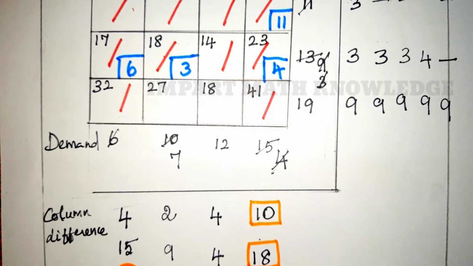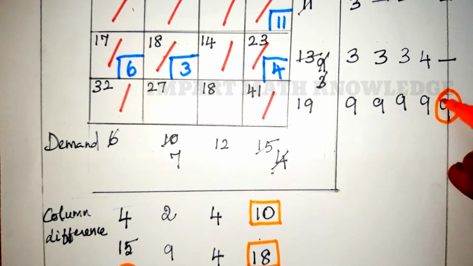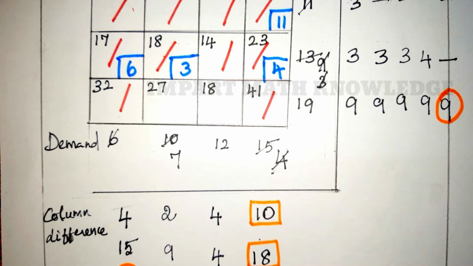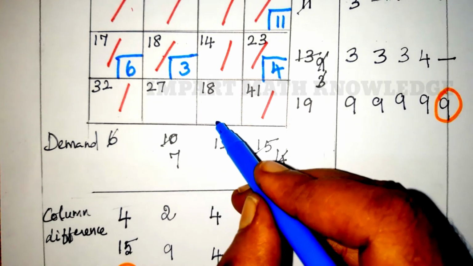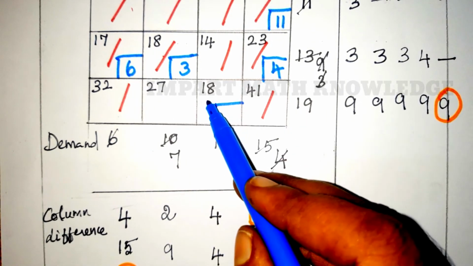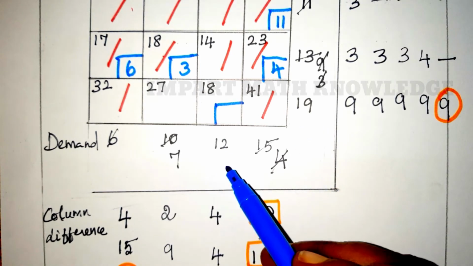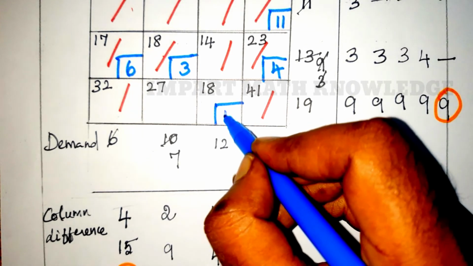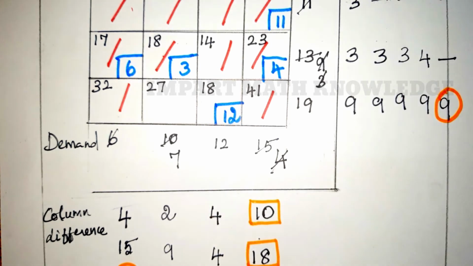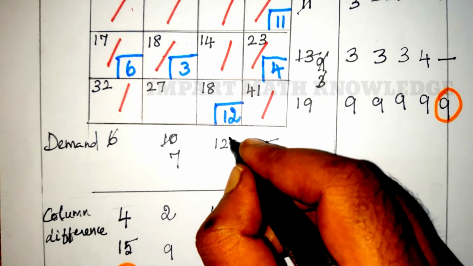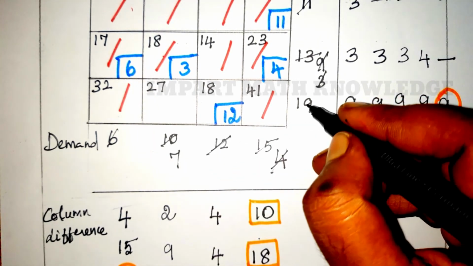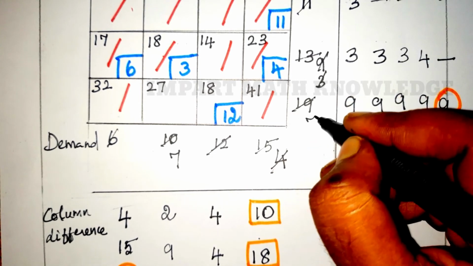So, the only option is this. In the third row, you are going to allocate your value. In the third row, the least number is 18. There you allocate your value. For 18, supply value is 19 and demand is 12. The minimum value is 12. So you allocate 12 here. After allocating the value, you have to strike out the satisfied one, and here the difference is 7.